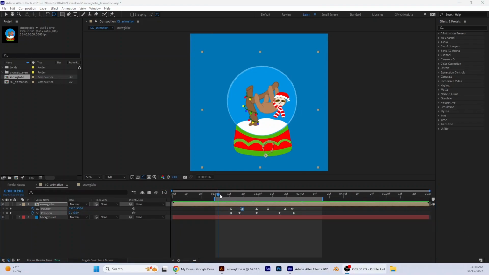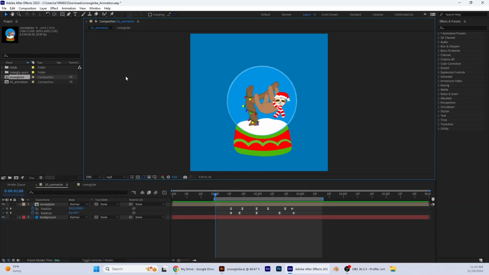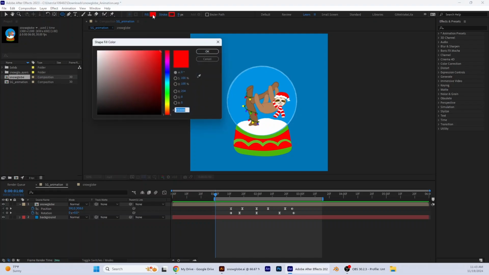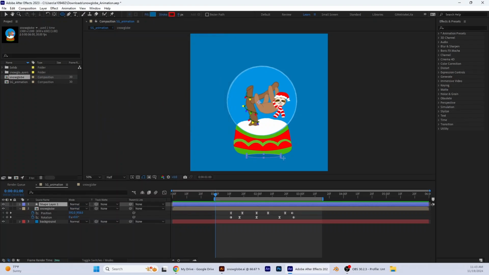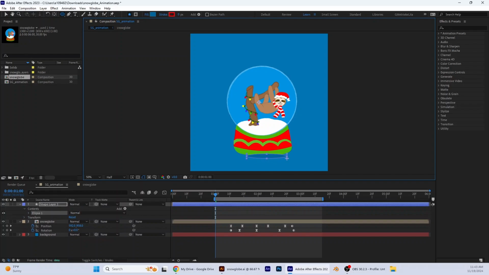Okay, so now what we're going to do is make a shadow for our snow globe when it comes up. Make sure that nothing is selected. Get your shape tool, click and hold down, and choose the ellipse tool. You want to get rid of the stroke and get a fill color a little bit darker than your background. Then we're just going to click and drag to make